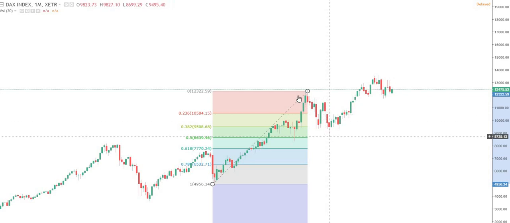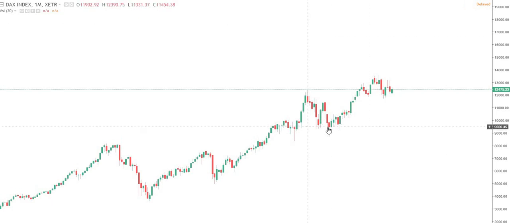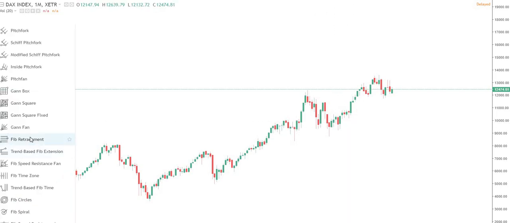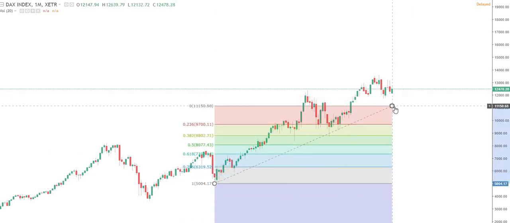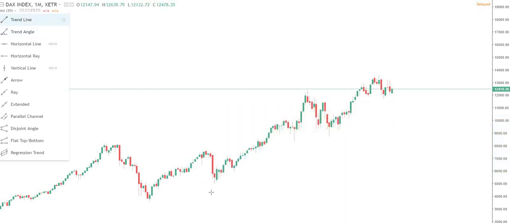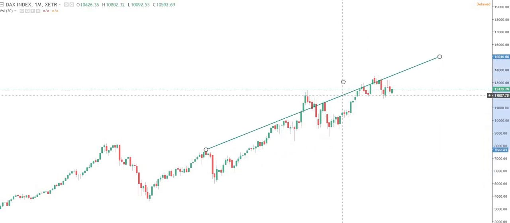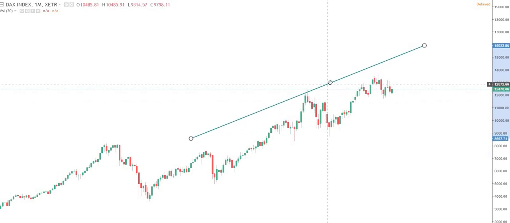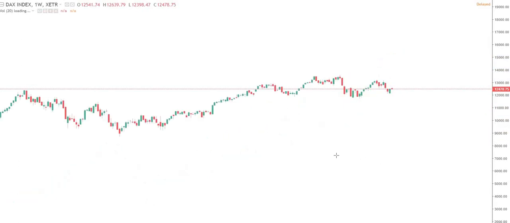I mean, you've got your A, B, C. Just trying to determine when I would have got in here. I probably might have got in here. Maybe, I don't know. I'd have to go down on the smaller time frames. But if you were long on the DAX, just a way to determine your profit taking. Or let's just say 1. So anyway, I think we're nearing completion of this bull market, because if we go into the weekly here,